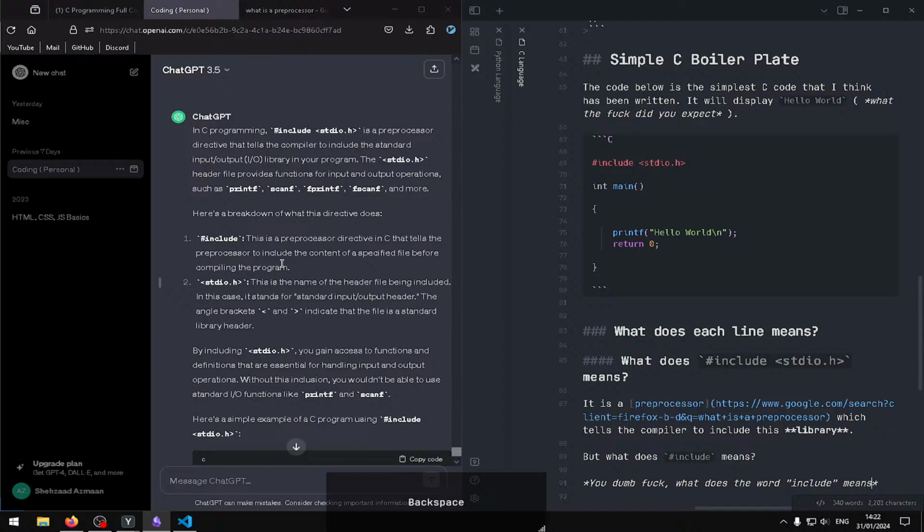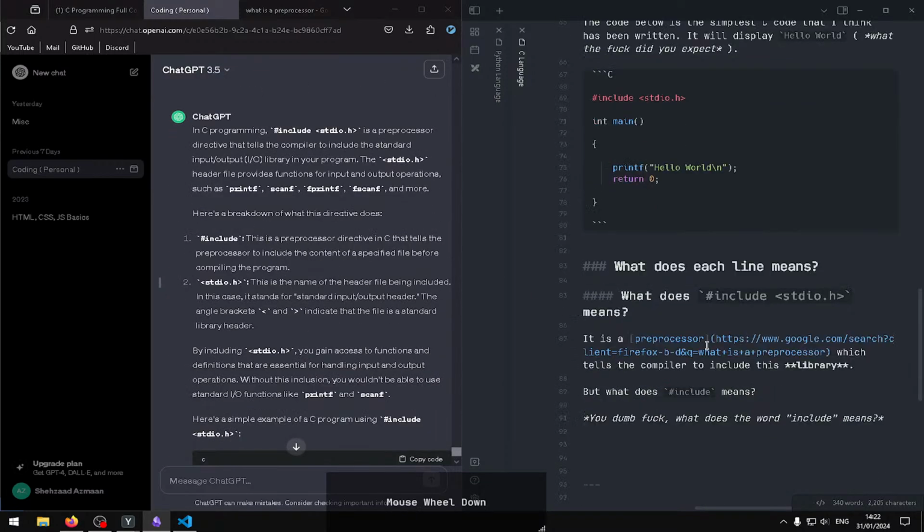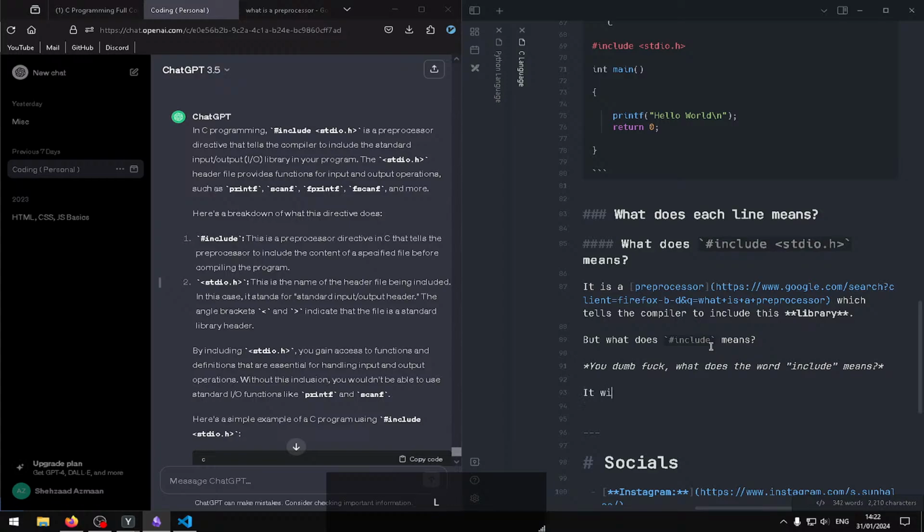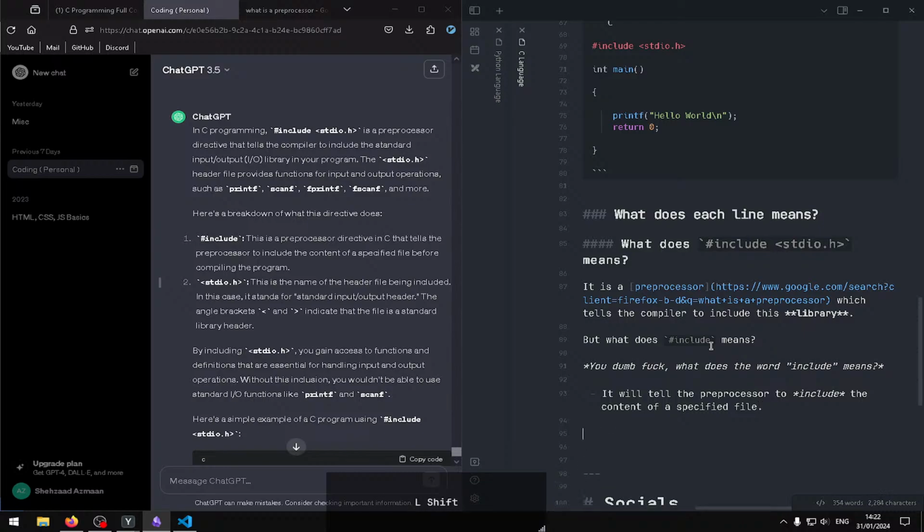Include means it will tell the preprocessor to add, to include, the content of a specified file. So what does